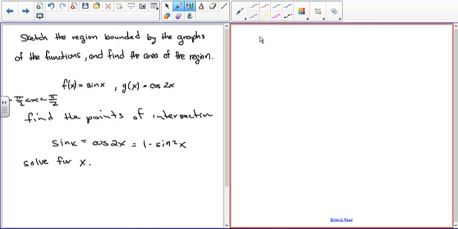So now we just put everything on one side. So we'll get sine squared x plus sine x minus 1 equals 0. So what I've done is I've just moved this to the left-hand side. It becomes positive. This one was already positive, and that one becomes negative. And then you could factor out sine of x,